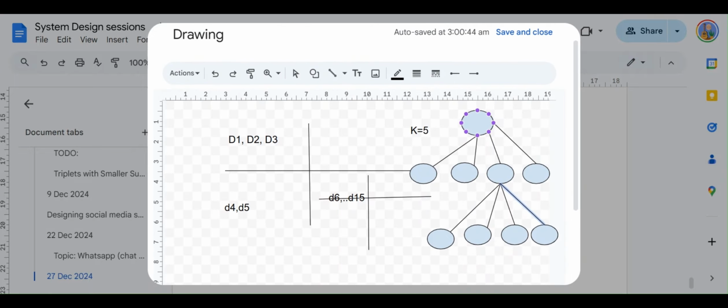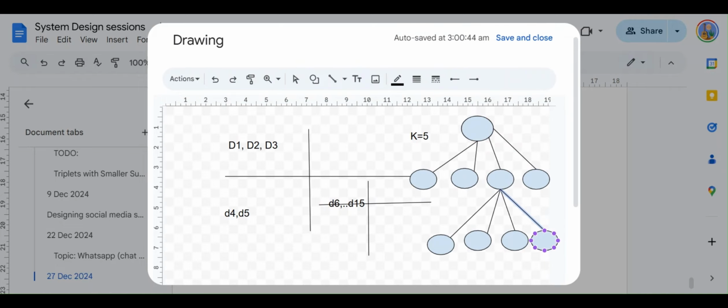The good point is that it dynamically splits the locations as per the amount of traffic, or let's say if there are more drivers in a particular region. So imagine that there are 100 drivers in a region, so it's going to further split that region into smaller chunks, into four more locations, four more quadrants, and then further spread the drivers. But the problem with this quad tree is that the updates are very costly.